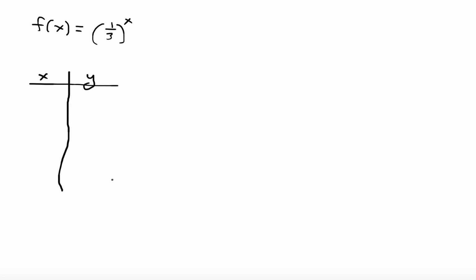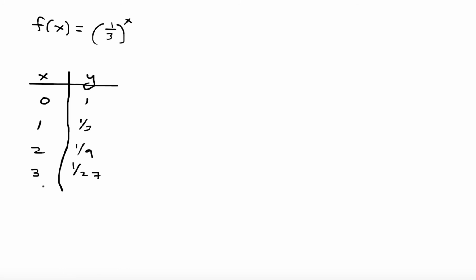So let's just plug in 0 here. Notice what happens when x is 0: 1/3 to the 0 power. Well, anything to the 0 power is just 1, so we get a 1 here. But notice what happens when x is equal to 1. We get 1/3 to the first power, which is just equal to 1/3. But what happens when x is equal to 2? It's 1/3 to the second power, which is 1/3 times 1/3, which is 1/9. So you notice, well, wait a minute, as x gets larger and larger, my y values are actually getting smaller